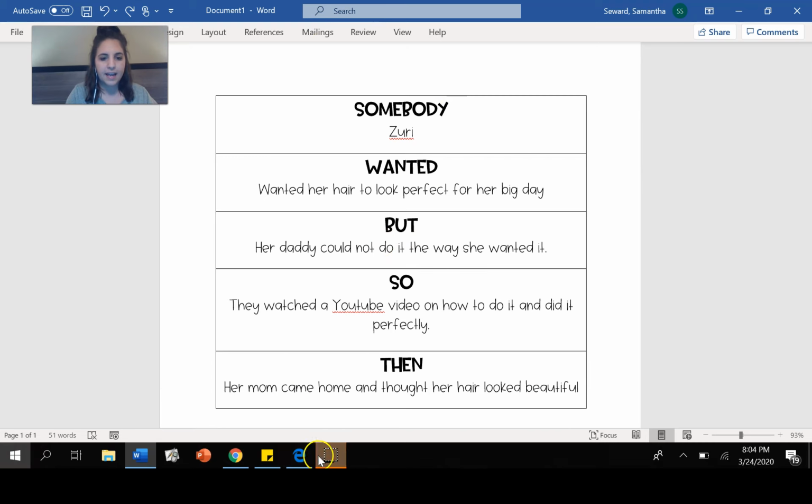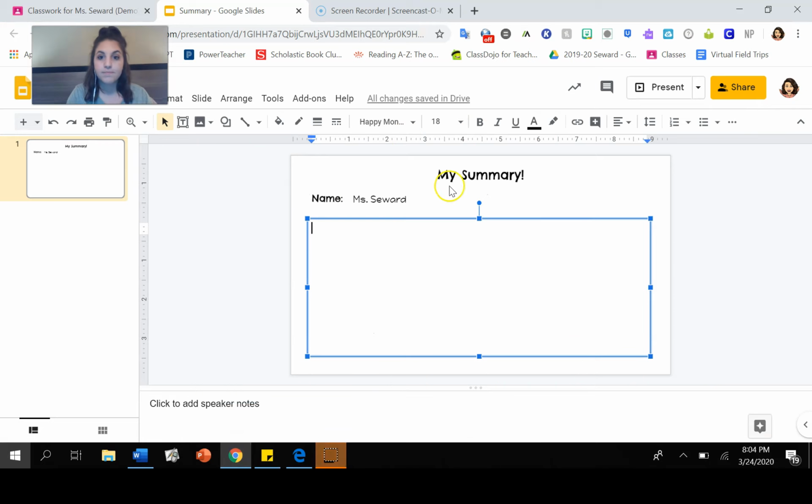So we're going to take this, right, and I'm going to go back onto our Google Slide that I showed you how to open up in the beginning of the video, and we're going to write our summary. Now, I want to teach you a little trick. See if you can remember what goes at the very, very beginning of the paragraph. Before the first sentence, before you ever start writing, something goes there. If you said indentation, you were right. I know it's tricky. I know we're having trouble remembering it, and that's why I really want to remind you.